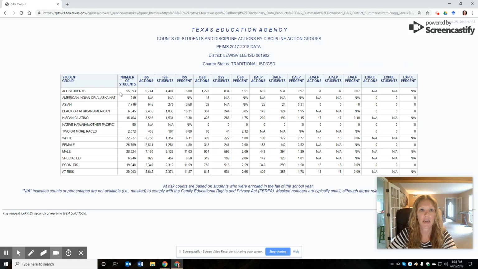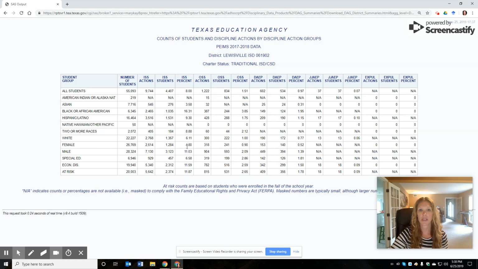So what we're looking at here is, first, it gives you the number of students that are in each of these categories. What we're looking for is, do we see a disproportionate number of students receiving a certain type of disciplinary action in these certain areas? So let's just say male to female, since that's almost 50-50. What we should see is proportionate numbers across disciplinary actions, but what we see is we have a lot more males receiving disciplinary actions than females.